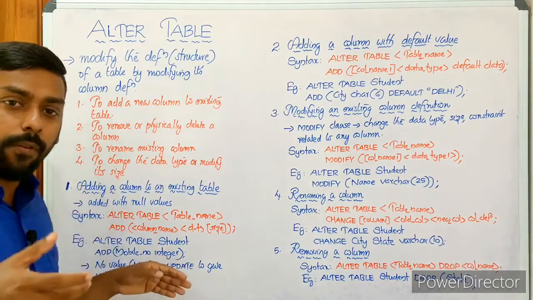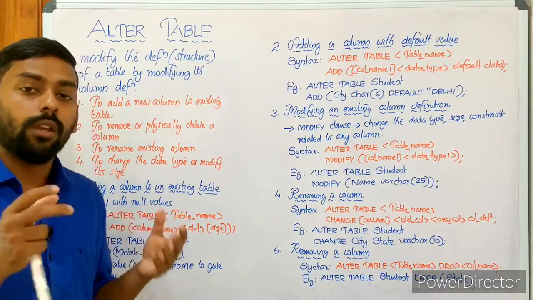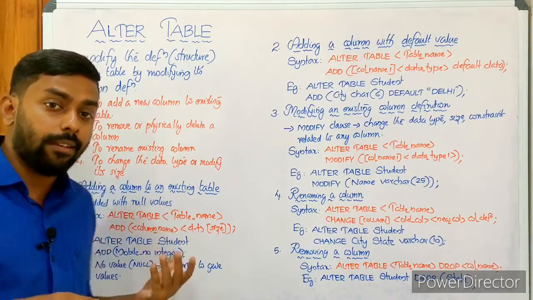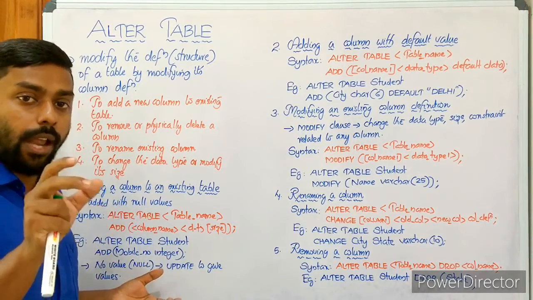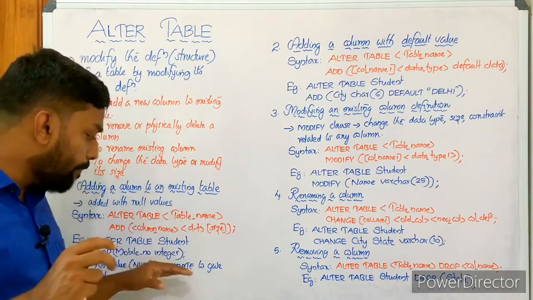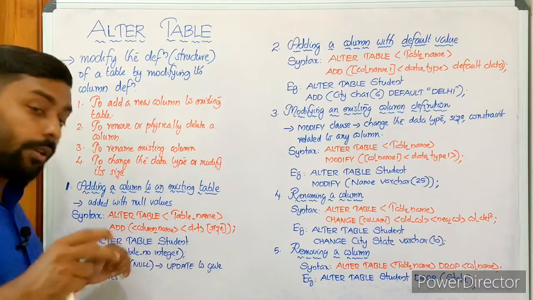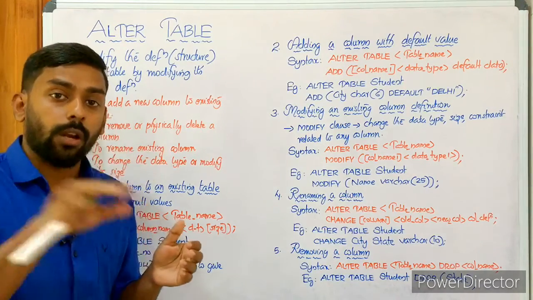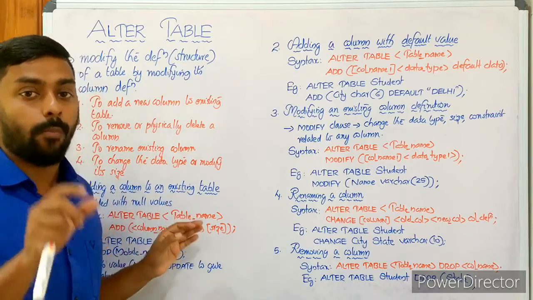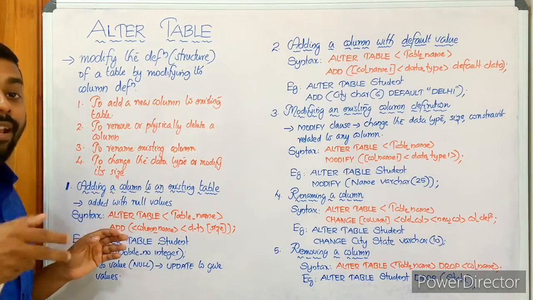And then how can you provide a value? Anyway, we need values in mobile number. So using UPDATE we can modify the null value to some other value. The DML command UPDATE can be used to give values to all the rows of that particular column, mobile number. Do we get it? So this way we can add a new column to an existing table.